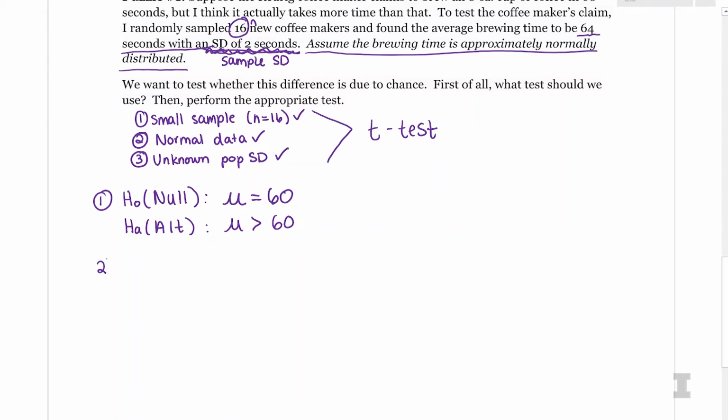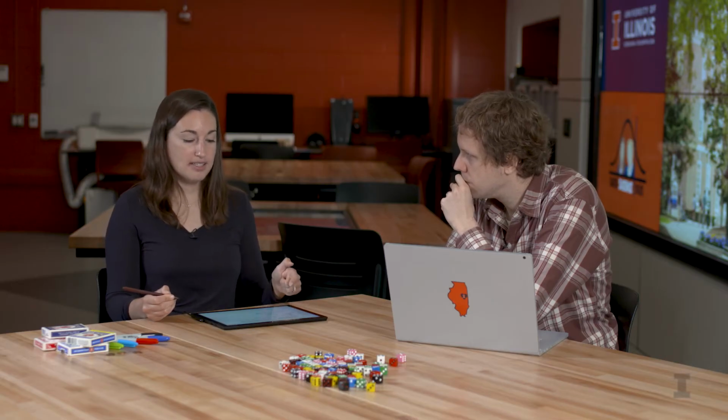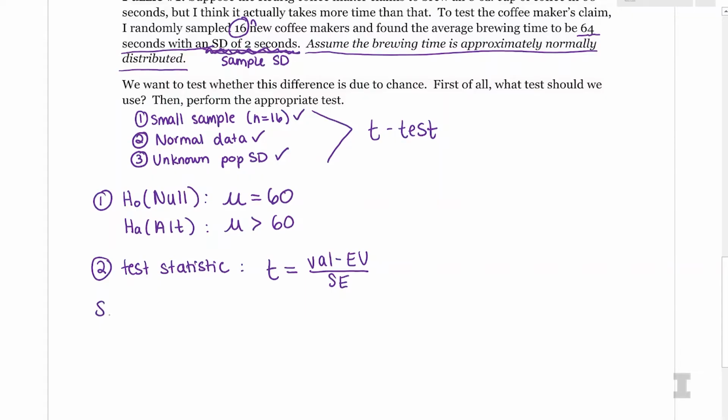The second step is to go ahead and calculate our test statistic, which has been Z so far, but we're doing a t-test, so I'm actually going to call it T. Nice thing again, though, is it has the same exact formula as a z-score. It is just the value minus the expected value divided by the standard error. The only difference between the t statistic and the z statistic is that when I'm calculating the standard error, I want to make sure to use that SD plus as an estimate, because the sample standard deviation of 2 is likely to be too small.